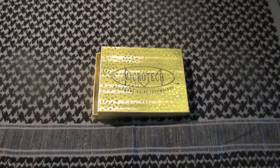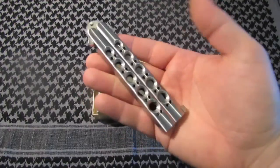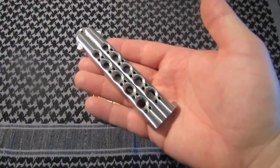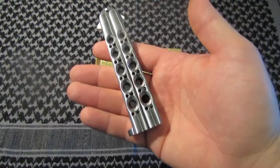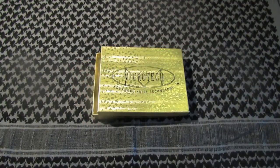So this was in another video that I did. This was something that I've wanted. This was made in the 80s. This is something that I've wanted since I was a kid, and I finally got my hands on one. And this thing is almost mint. For as old as it is, I can't believe how good of condition it is. So anyhow, another